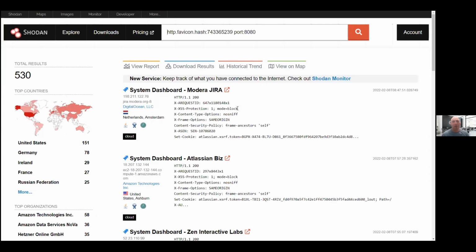Now, if I'm already in Shodan, and I didn't intend it, there is a very cool way to detect services, as I did with Netlast, in Shodan, which is using the favicon hash.